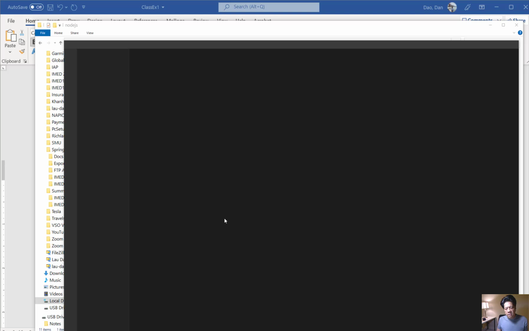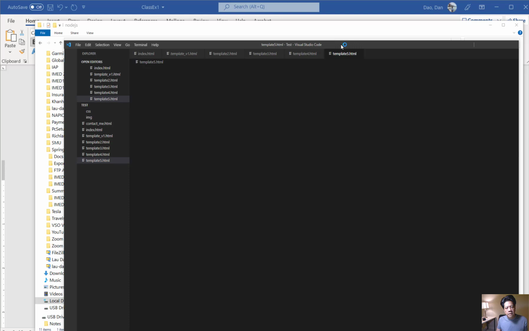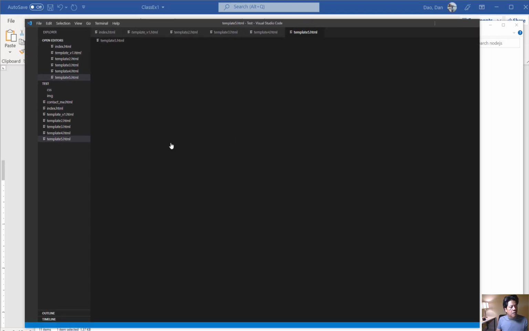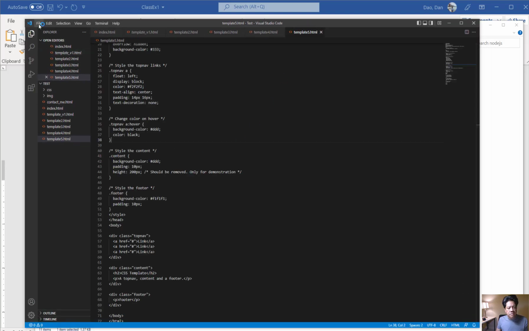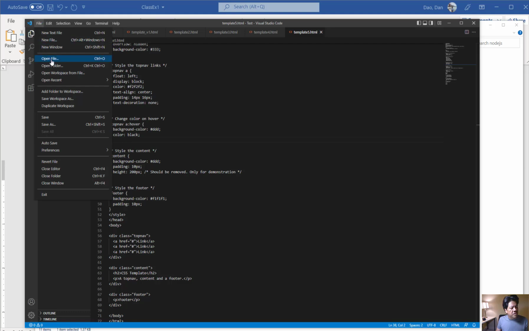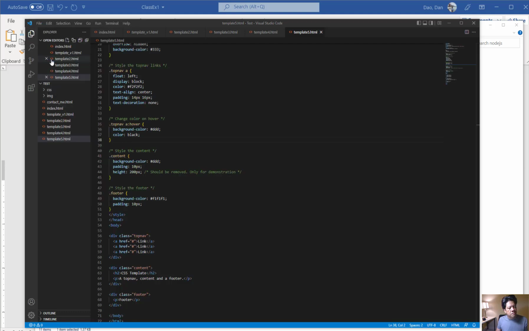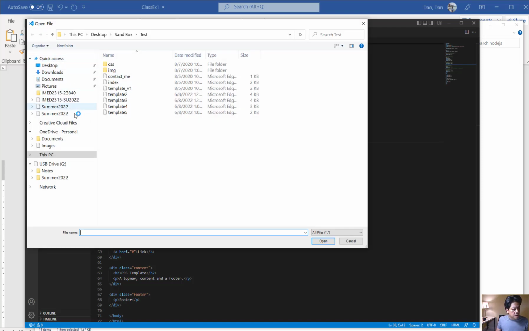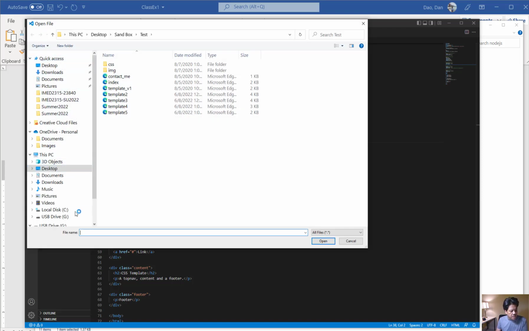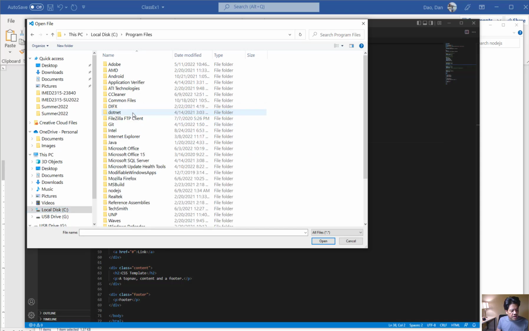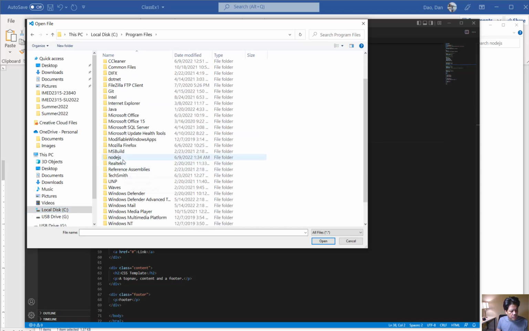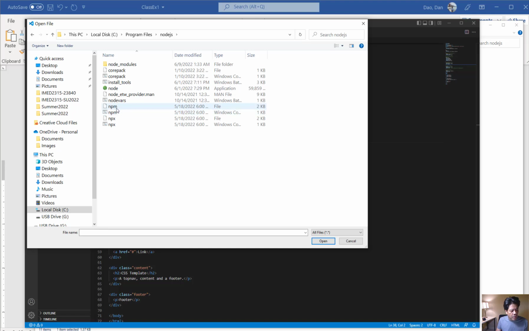So you should have your Visual Code installed from the first step. I'm going to do File, Open File. Sorry, and I want you to navigate to the C drive, Program Files, and of course look for your nodejs subdirectory. And I would like for you to open both of these files, the npm,